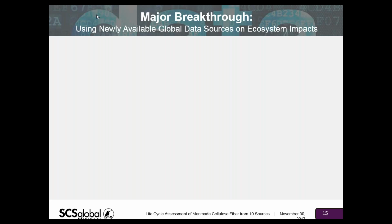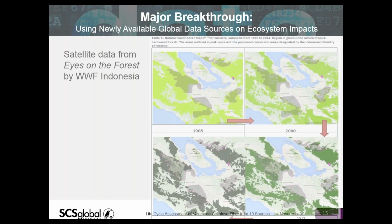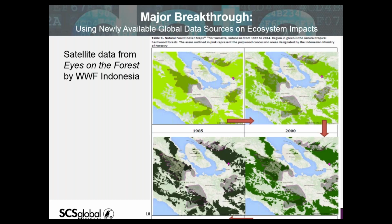And really, this is just big data coming home to be very useful in this LCA process here. A number of these databases only came out in the last 3 or 4 years. So some of these data sources, the report contains a whole wealth of them. For example, in Indonesia, we had site-specific satellite data from Eyes on the Forest, which was developed by WWF Indonesia,